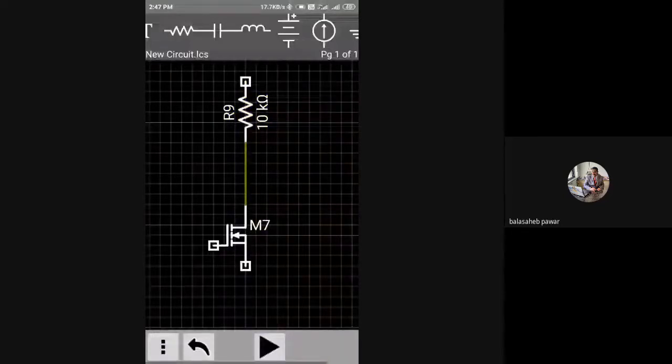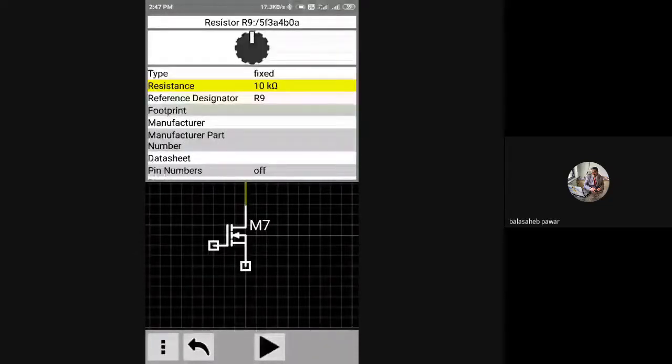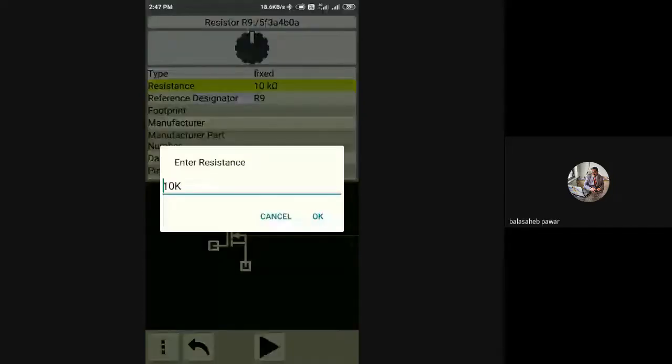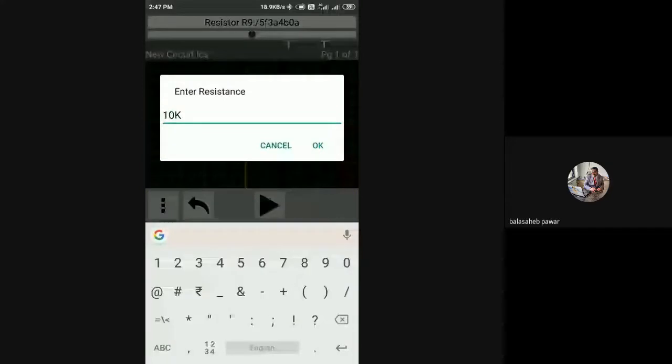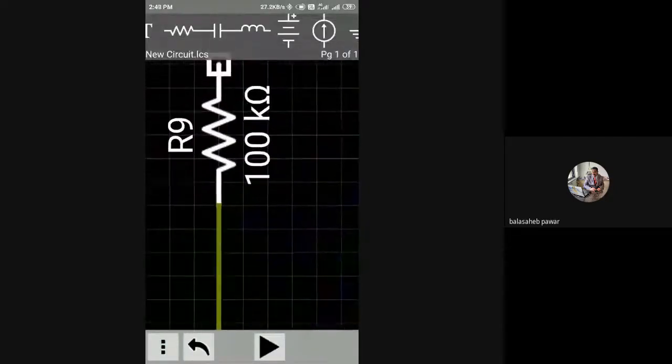And you can change the value of that resistor as per your requirement. Whenever you double click on it, by default it is 10K. Whenever you double click on that 10K, you will observe its properties, and you can edit them. So see, the software asks to enter the resistance. Instead of 10, you can write it as 100K also, and just say OK. Now, click outside again. Now, instead of 10K, that resistor will become 100K. Correct?